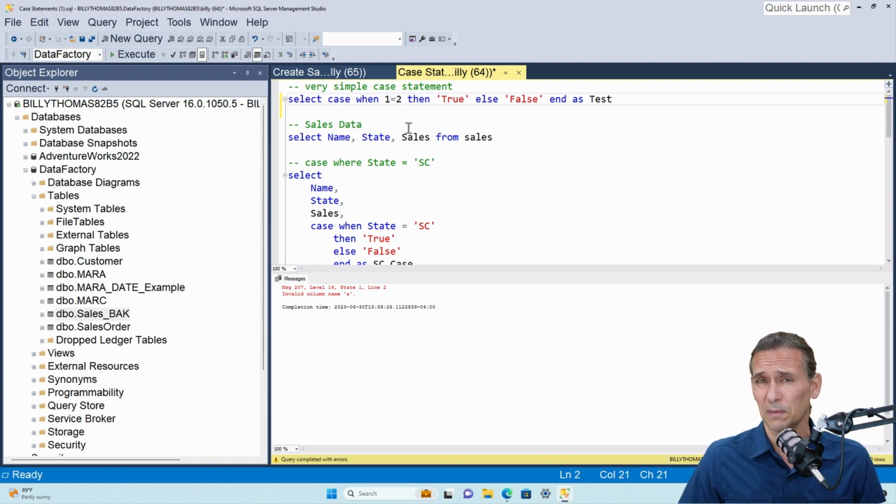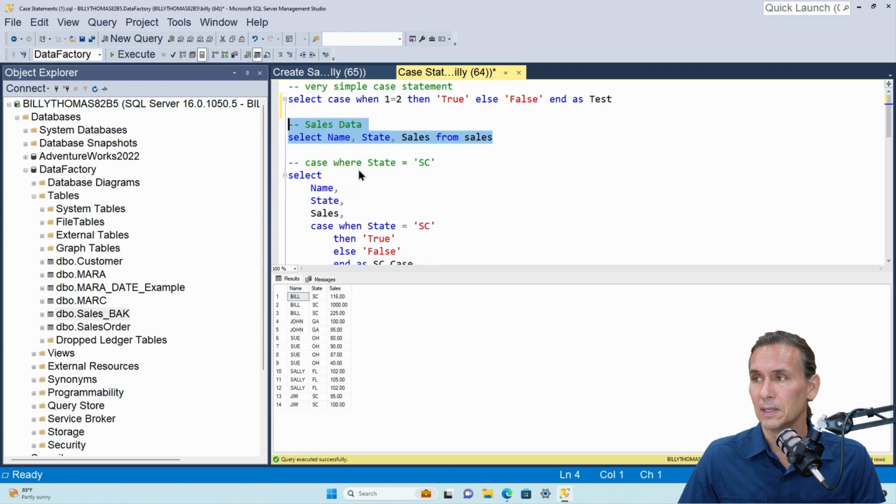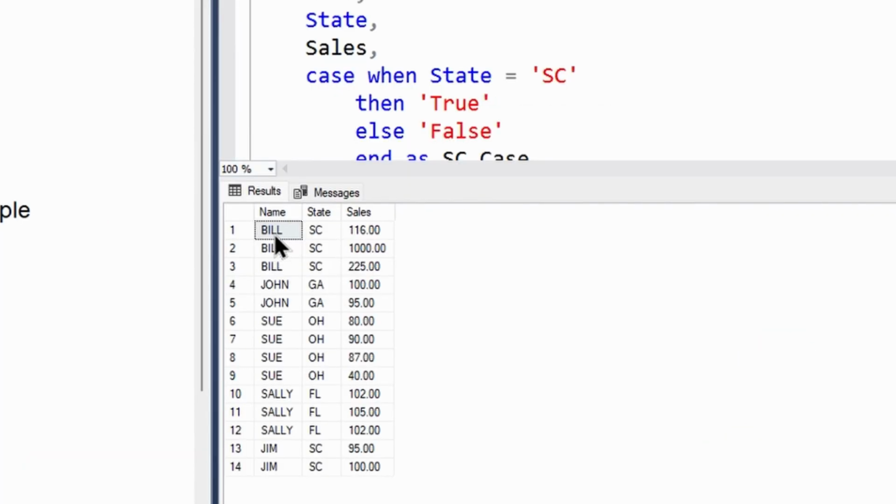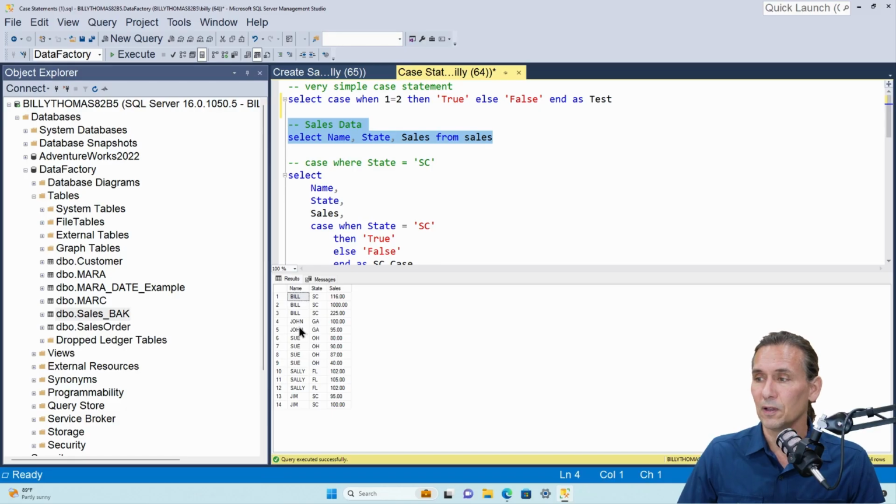Now, to really move forward, let's take a look at the data that we put in our sales table. I have 3 columns, 14 rows, very simple for us to get our head around. And if we look at this, I think the first thing we're going to do is take a look at the state column. In the state column, we want to evaluate it and have it tell us anywhere where it's South Carolina. Now, I know you can use a filter for this, but we're doing this for